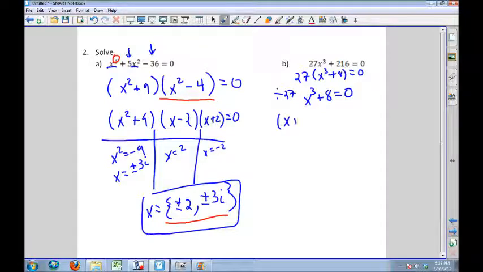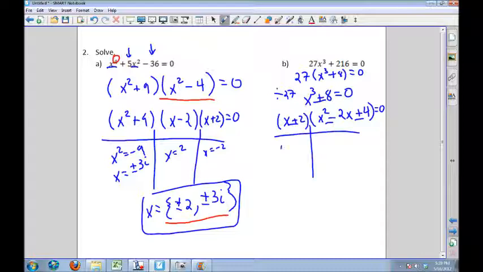I get x plus 2, x squared minus 2x plus 4 equals 0. Remember, the signs are the same, different, always positive whenever I'm factoring a perfect cube, or sum of 2 cubes. And when I go through solving these two equations, either x equals negative 2, or I could do completing the